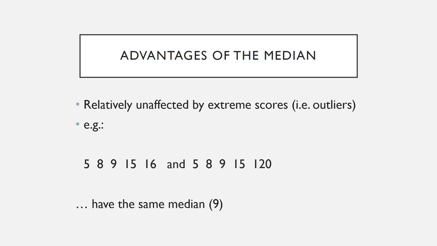So you might be asking yourself, when would you want to have your data unaffected by the outlier? It really just depends. If that 120 for some reason was a legitimate score in your data set, yeah, the median is sort of disregarding that valuable information. If that 120, on the other hand, is like someone in your survey who fell asleep and as such took a lot longer to respond to a question, you might want to make sure that your analysis